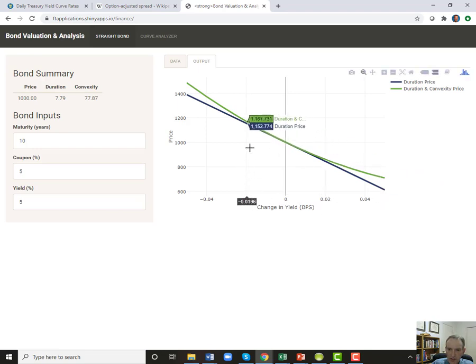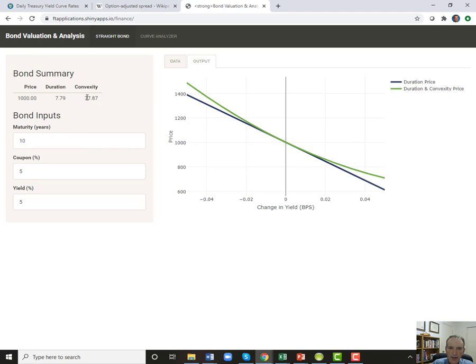What you notice, if interest rates don't move much, duration does a pretty good job of forecasting the price of that bond. You can see here at 200 basis points, duration says the bond price would have fallen from $1,000 to $844. Whereas the real bond price would have fallen from $1,000 to $859 or $860, so pretty close. But when you get out on the edges, you can see there's a much bigger difference in the two prices. So this bond has positive convexity.